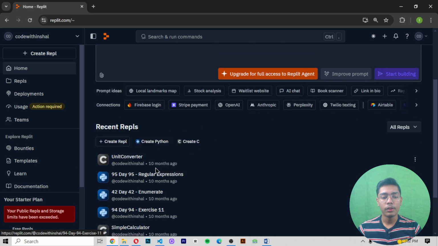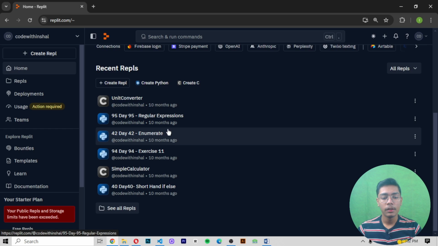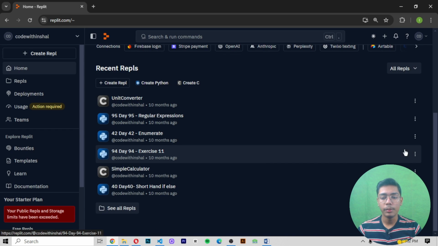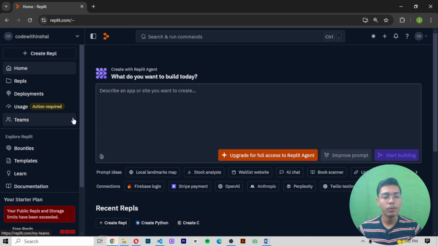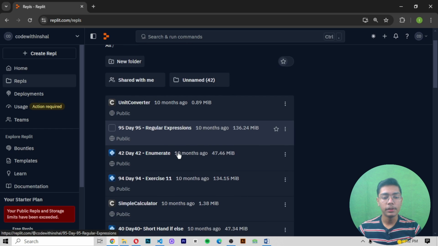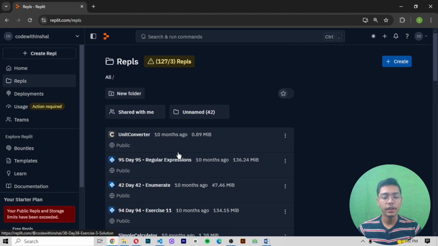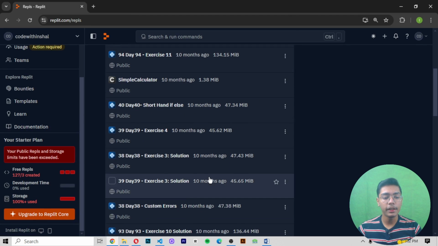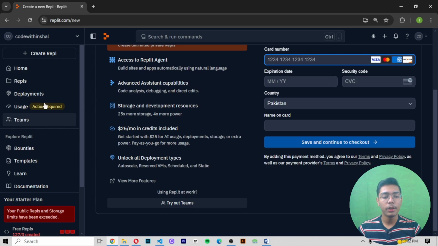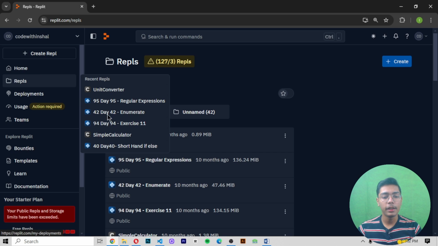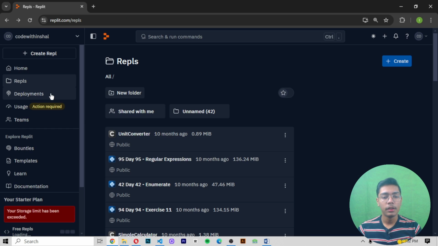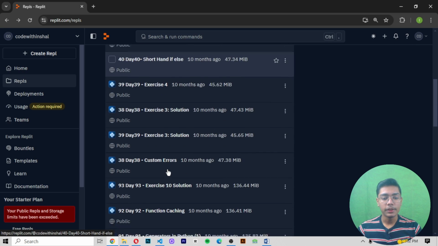So I'll be moving on to this file here, and I'll be moving on to my file here, home. Then I'll be moving on to REPLs. So this is the REPL which we have created. Now I'll be moving on to create REPL, and we'll be creating a new REPL, or don't worry about that, we can use the old REPL as well. So I can open the REPL of C++ here,